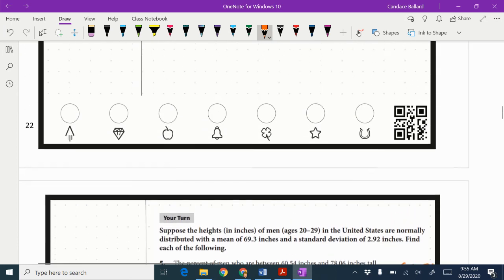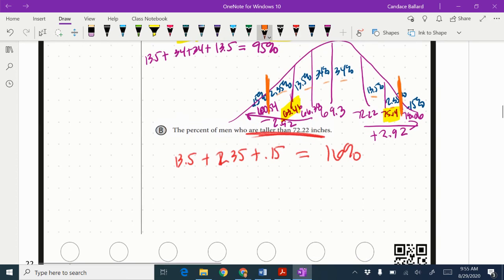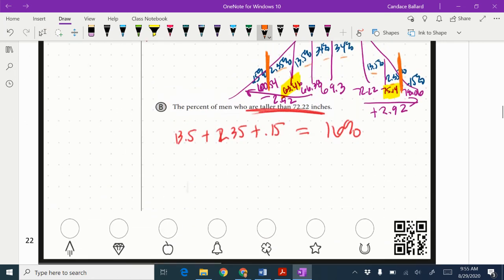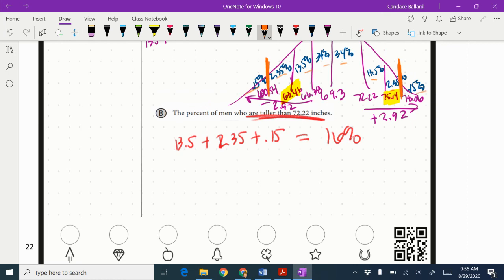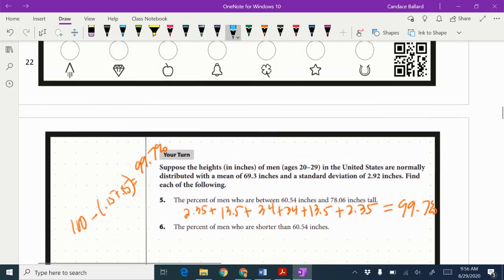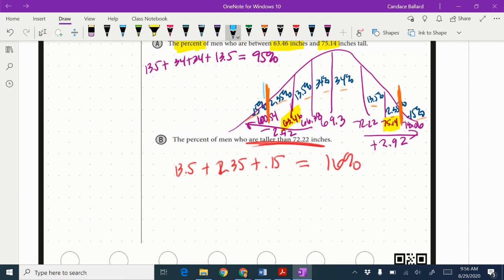Another way for me to do this was I know that the overall percentage is 100% always. So I could have done 100% minus these 2 little percents at the end, the 0.15 and the 0.15 added together. And I still would end up with the 99.7%. So your choice. The last one says the percent of men who are shorter than 64.54 inches. So 64.54 is here. I need the percentage, so it's going to be